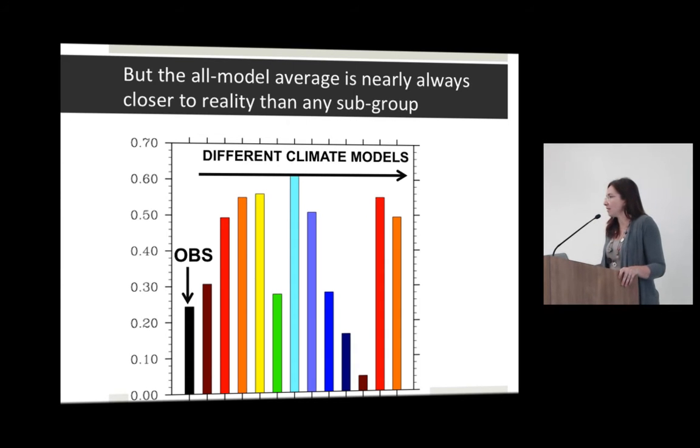Here's the good news. If you are able to use a bunch of different models, the average is almost always closer to reality than picking your best models. And over the continental US, a number of studies have shown that this is the case. Now, over the Arctic, there are a couple of studies that have spent those 2 years. And they found that there's a group of models that don't get sea ice dynamics over the Arctic. So there are published papers that specifically list the climate models that don't get sea ice dynamics over the Arctic.